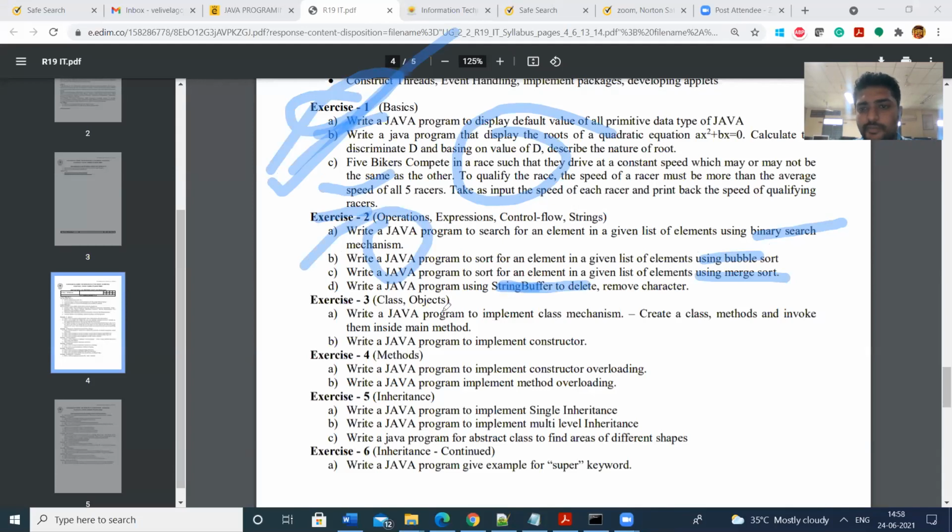So exercise 2 will be explained by the lateral entry 8. Are you there?